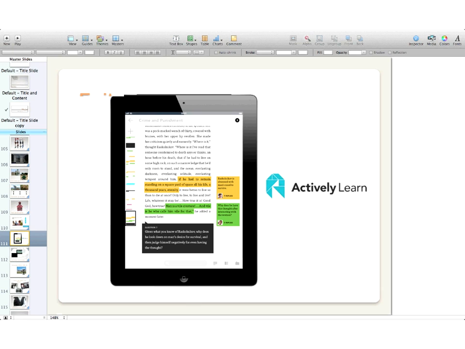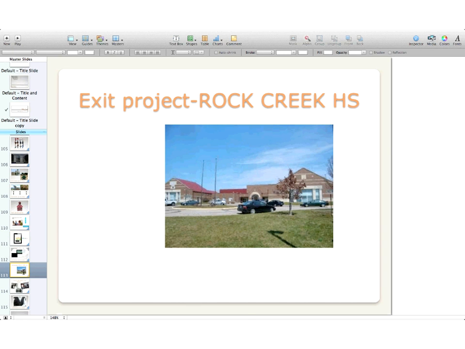But you don't need technology to do this. You can start to employ game dynamics and game mechanics without any sort of technology at all. What I'd like you to do is find a teeny tiny Kansas town. I want you to type in on Google, Exit Project Rock Creek High School. And what you'll find is an article from a place that's not too far from where I'm at right now. And what they've done is they've said, this might be the most powerful game dynamic that we can and should